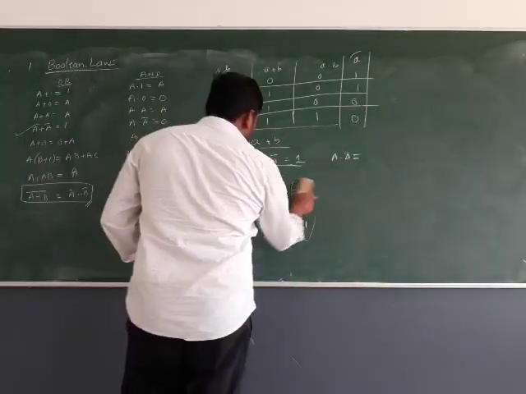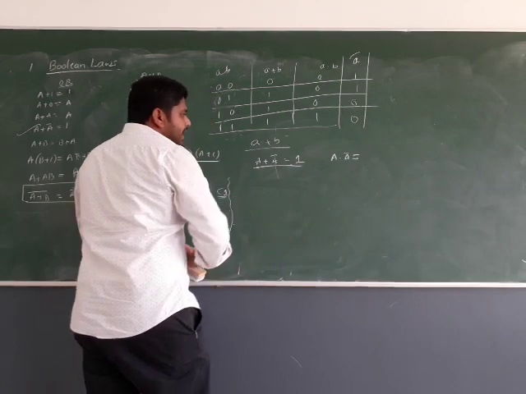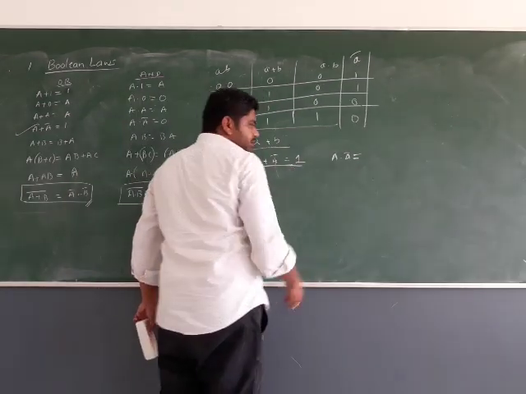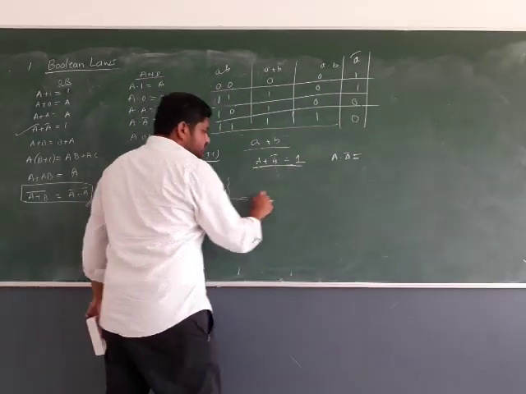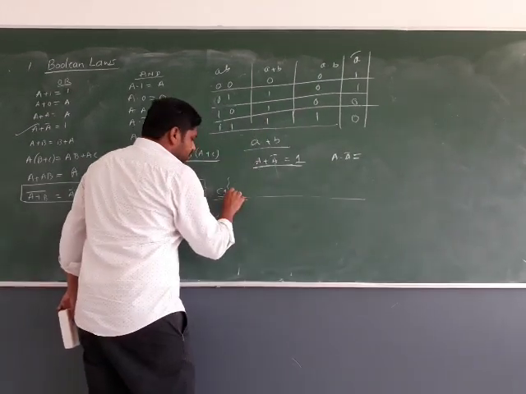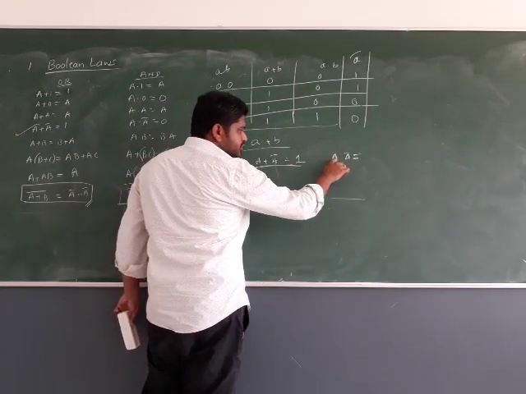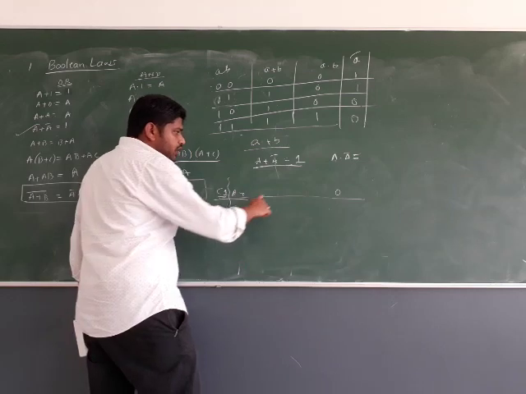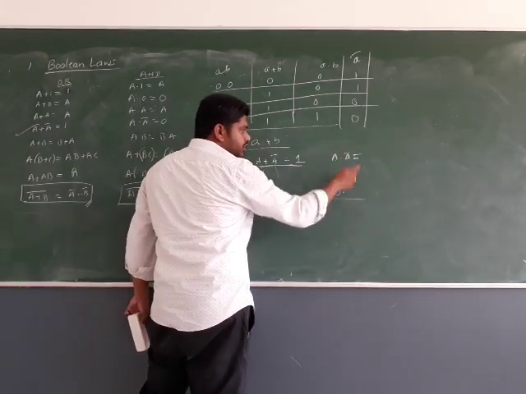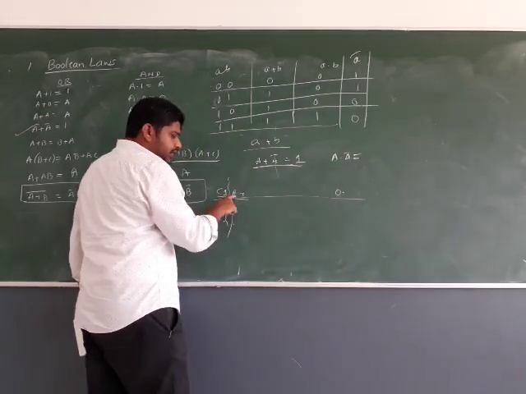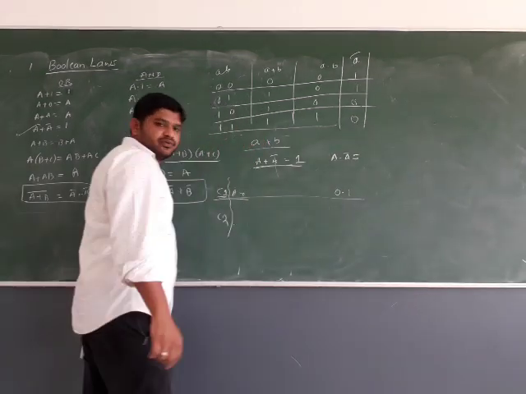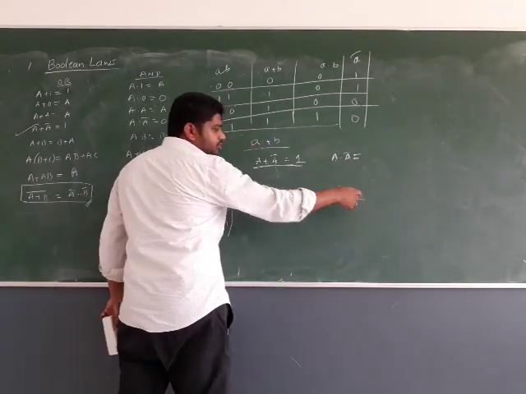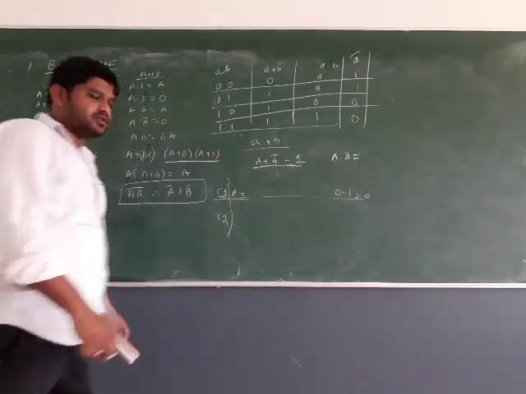Let's derive what is going to happen for A dot A complement. Okay, case number 1, continue. Case number 1, A is 0, so substitute 0 here. After that, dot. What is the complement of A? If A is 0, this is the equation you have. What is 0 dot 1? That is going to be 0.